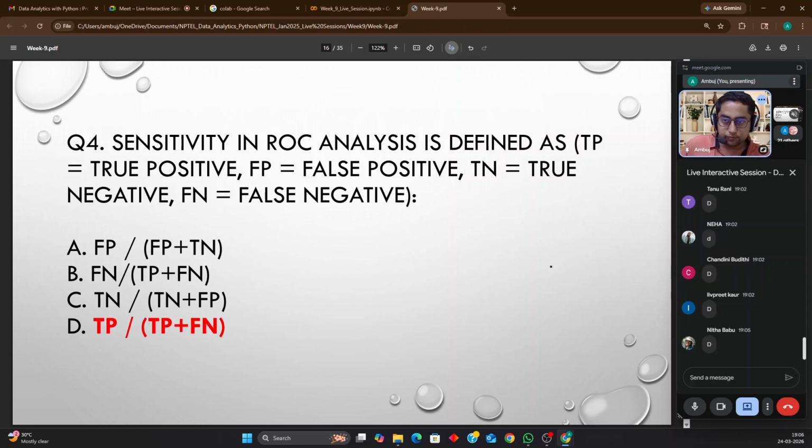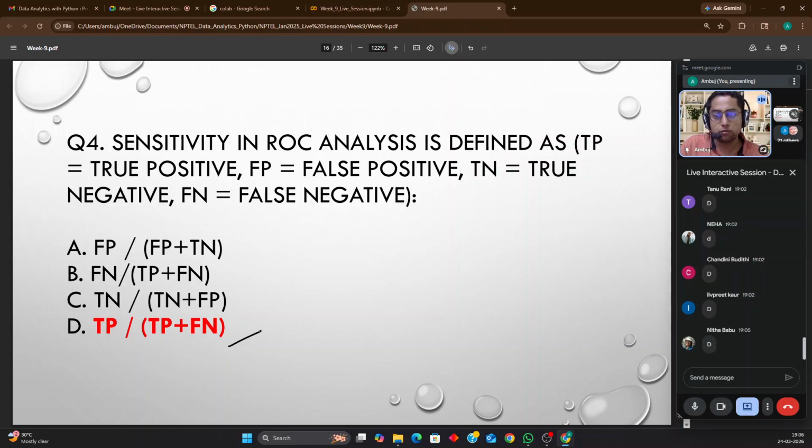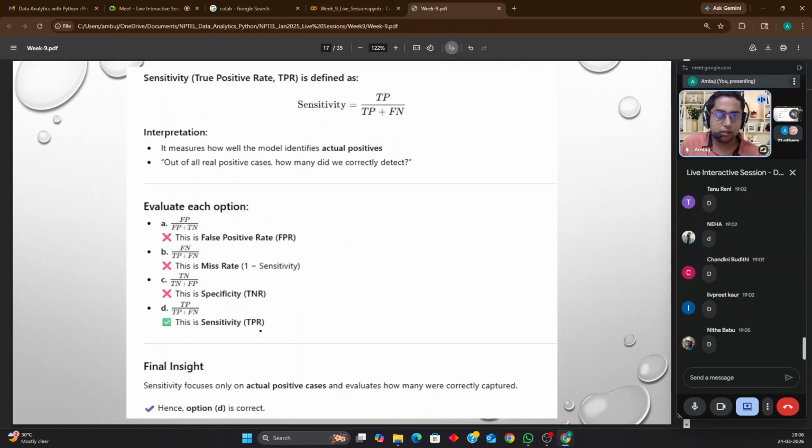Yes, D indeed. Almost all have solved it correctly. D indeed will be correct. By now, if you have heard my talk from the past 1 hour, you should be in a position to tell that